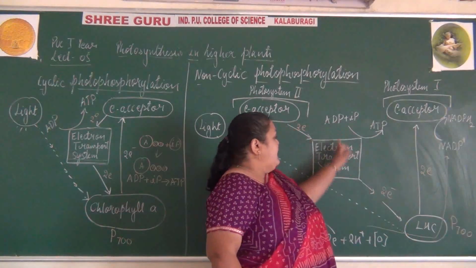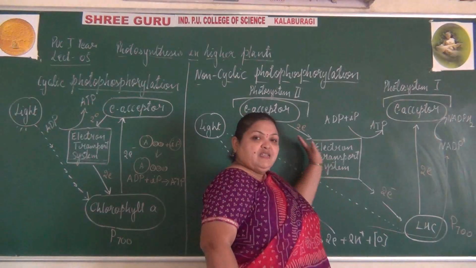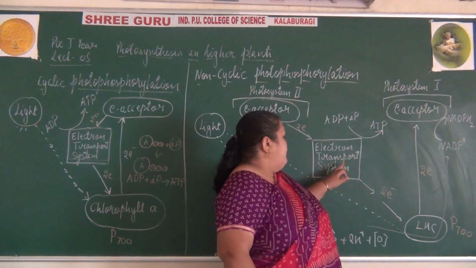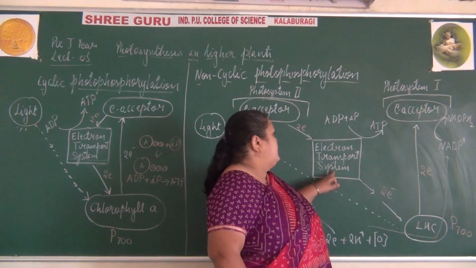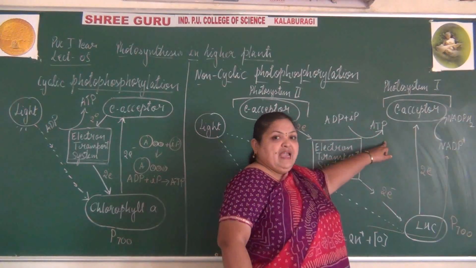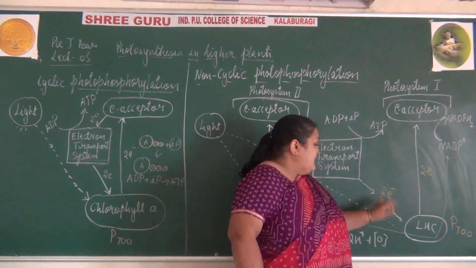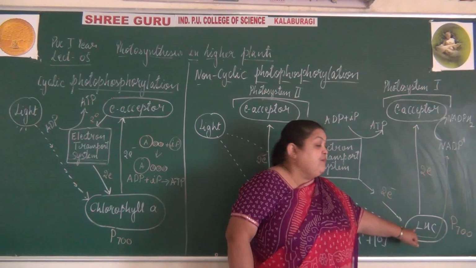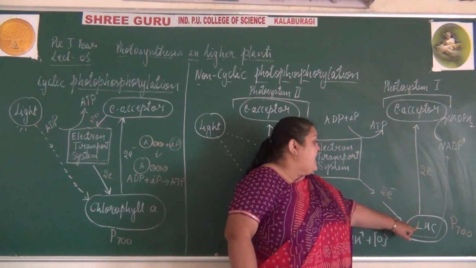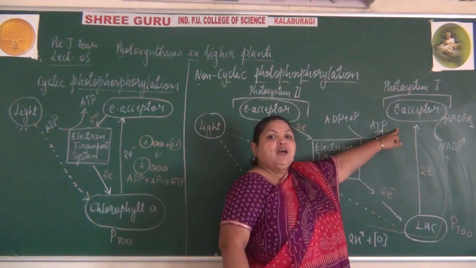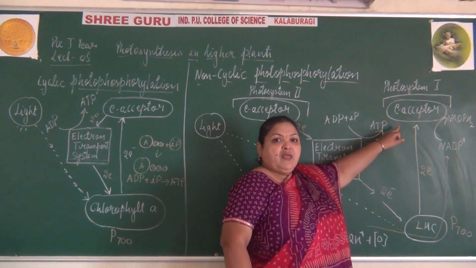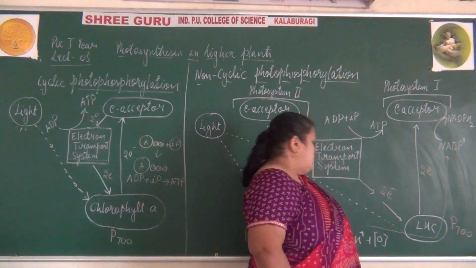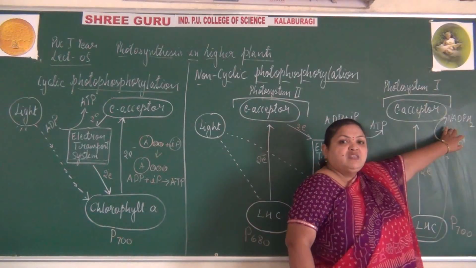Then, as the electrons are passing, there is a downhill process of the electrons. During this process, with the help of the electron transport system, there is synthesis of ATP molecules. As the light falls on the reaction center P700, it also gets photoexcited and releases electrons to the primary acceptor. From the primary acceptor, with the help of the electrons, NADP absorbs the protons and is involved in the synthesis of